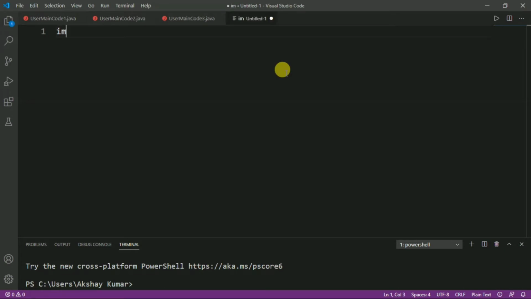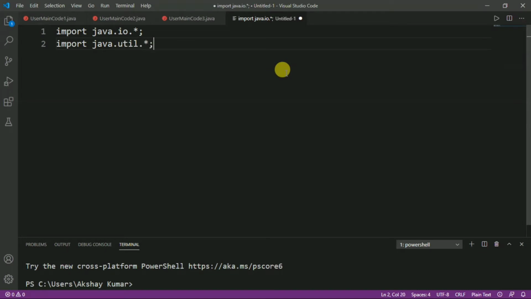Initially we have to import some Java packages. So, we have to write import java.io.*, and the other package is import java.util.*. Now we have to define the class name. Let us give the class name as UserMainCode4, because this is our fourth program of day 6.